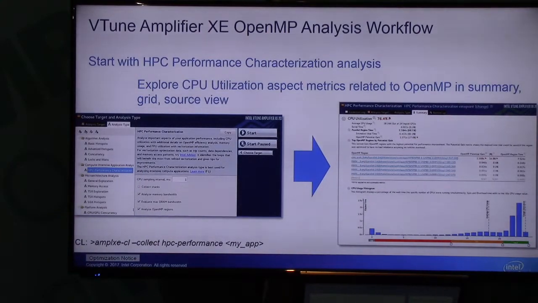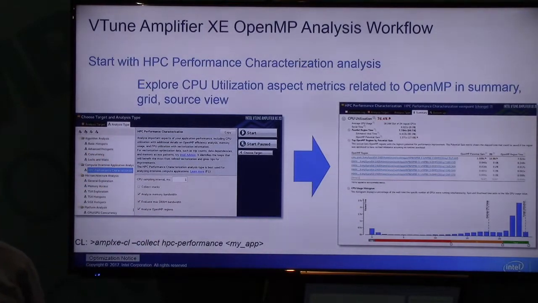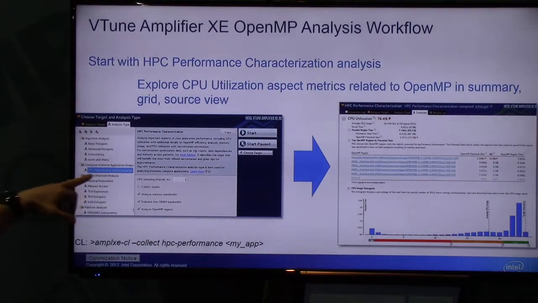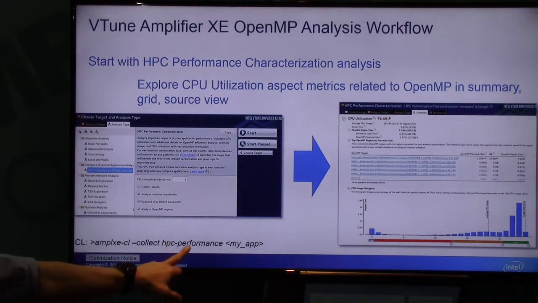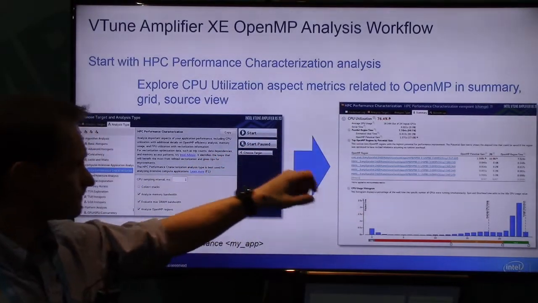Okay, in VTune we have so-called analysis types that are focused on particular performance aspects. For example, Hotspots, mostly for algorithmic analysis. We have General Exploration for microarchitectural issues. We have Memory analysis to see the efficiency of memory accesses. And we introduced HPC Performance Characterization analysis, which you can choose from the GUI or use in the command line. And after running the application under this analysis, you will have the